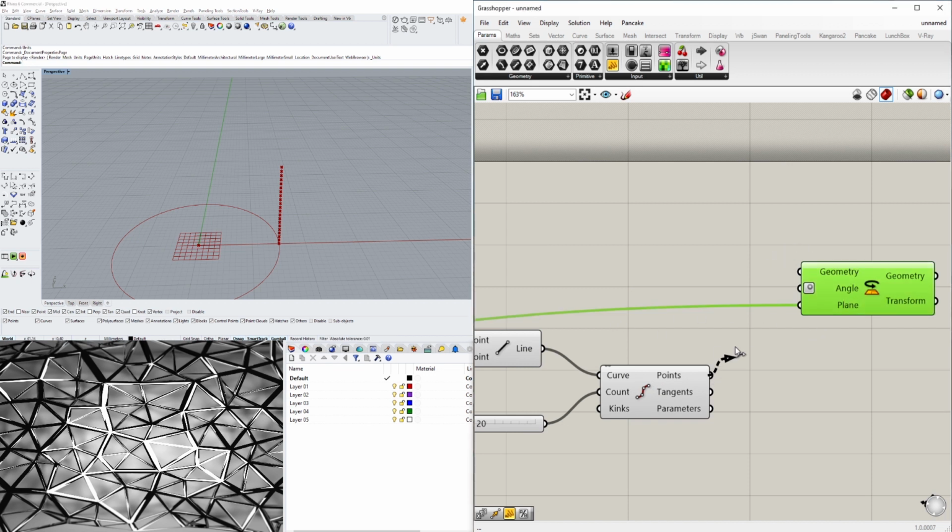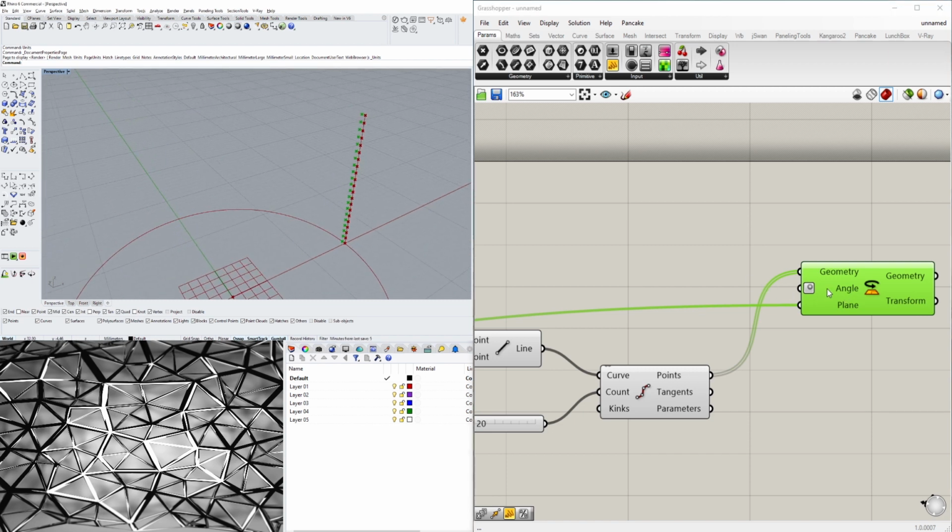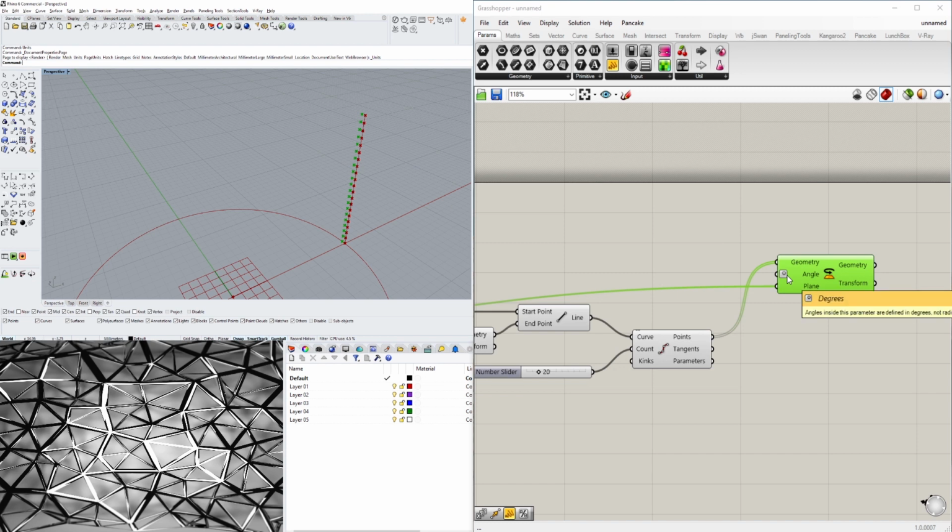Next, the geometry. We're going to rotate those points. And as you can see, automatically we have 0.5 pi, which just means that it's going to rotate all of them, but it does all of them at once. So what we want to do is rotate them using degrees rather than radians, and we'll bring in an increment of